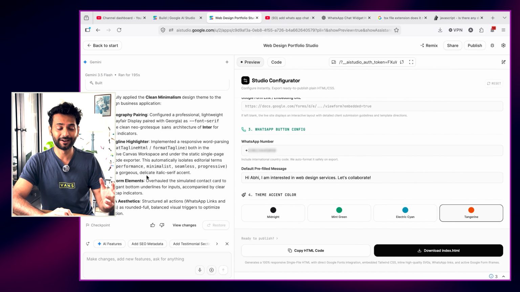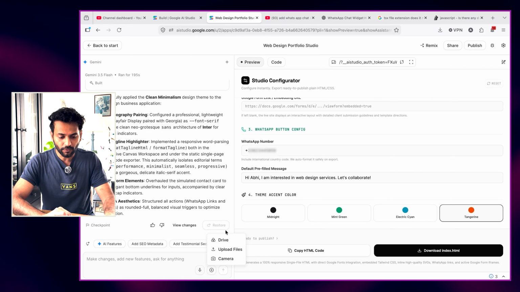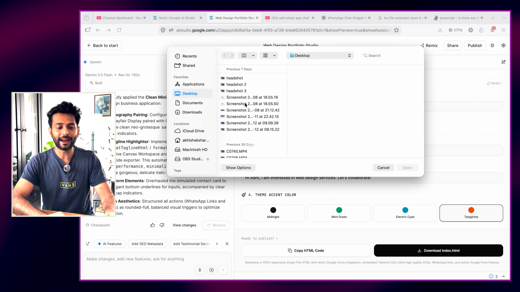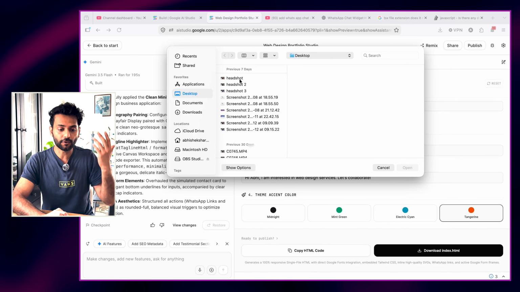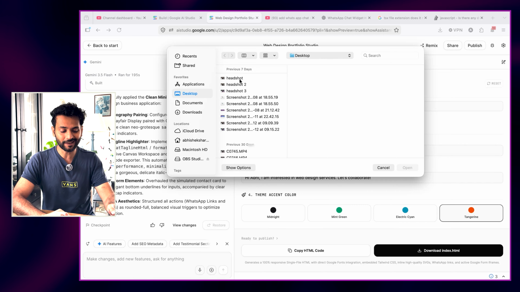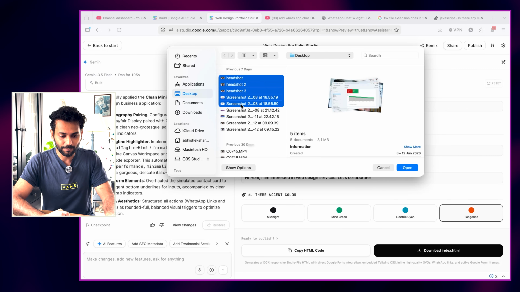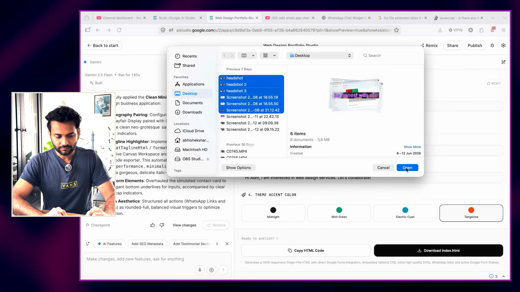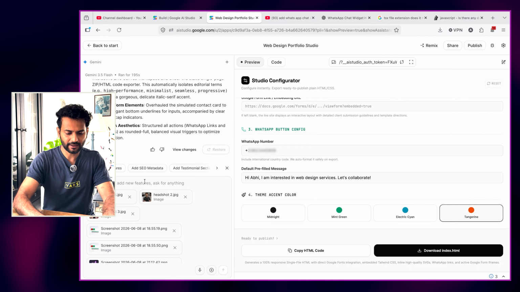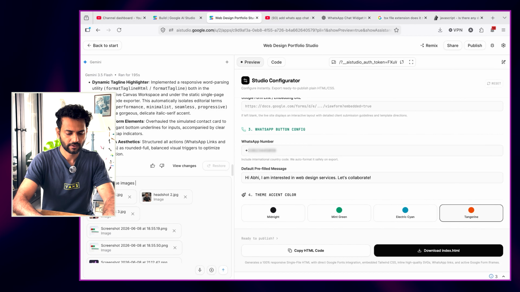I haven't planned for it. I just want to test how easy it is. So I'll just add some random images. What you can do is upload files and add real images of your business. For example, if you have a coffee shop, or if you have a web design agency, what designs you have created in the past. I've just added some random images I have on my computer to be displayed here. Click open. I'll just say, please use these images on the